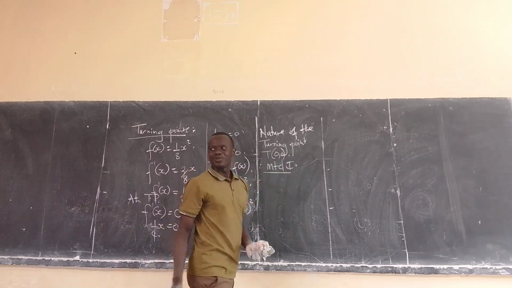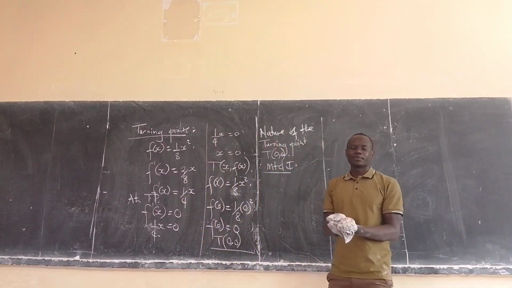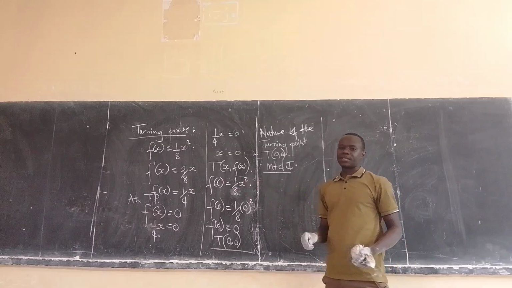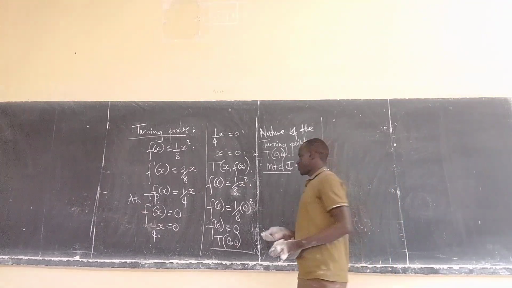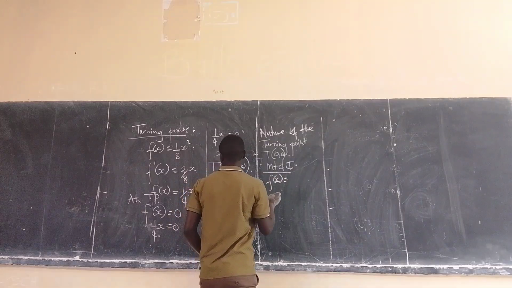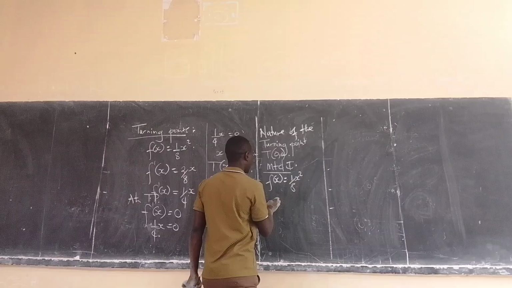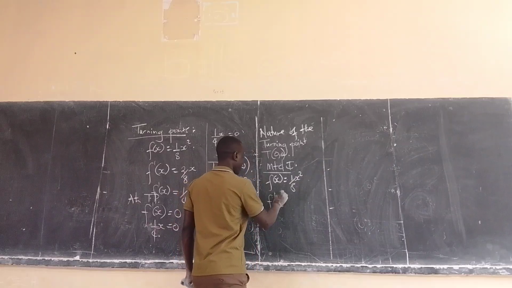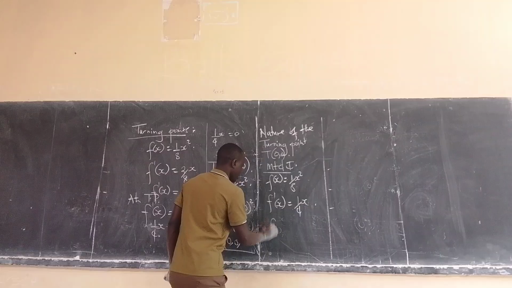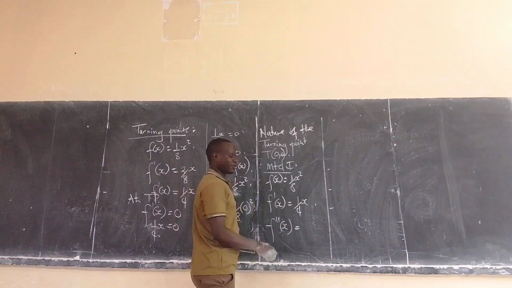Now in method 1, we said you can use the second derivative. If you're using the second derivative, you differentiate that first derivative once more. So our f of x was 1/8 x squared. F prime of x is a quarter x. F double prime of x is now differentiating